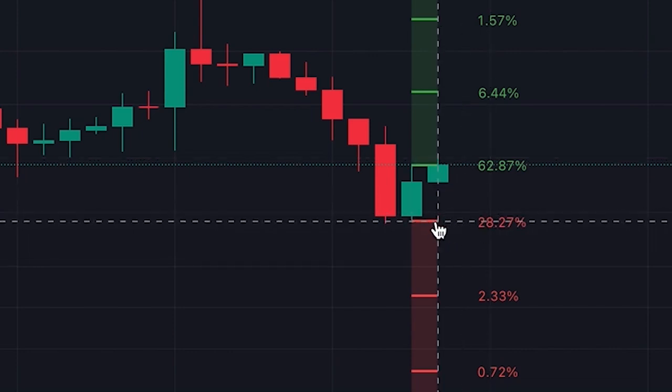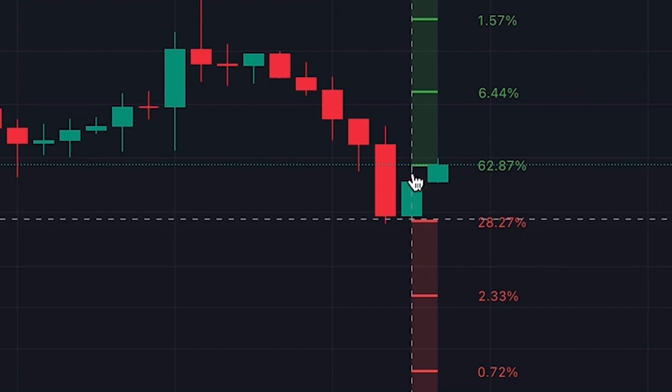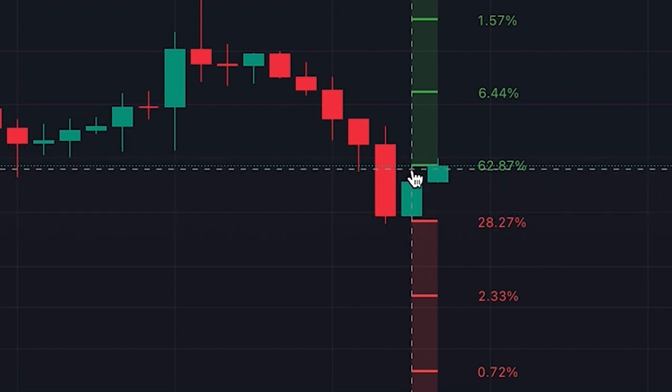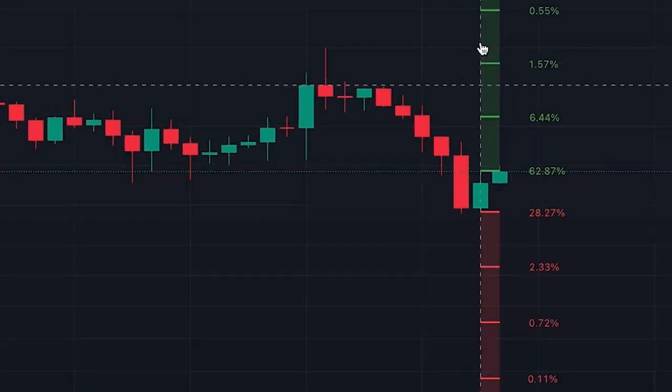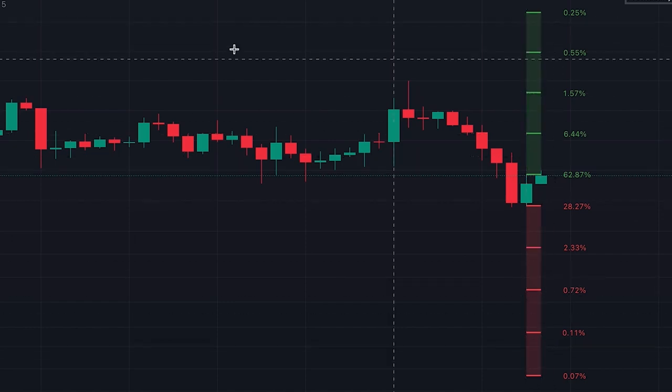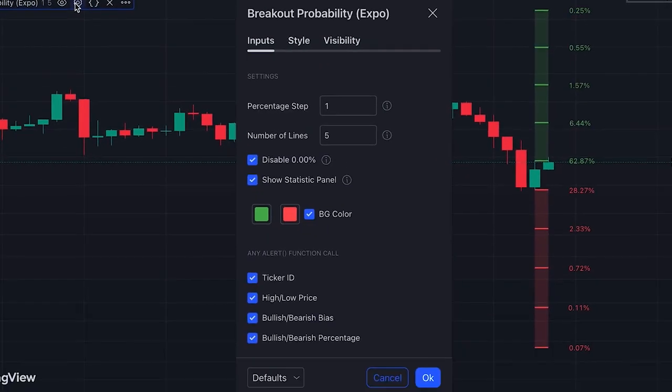Besides the probability of breakout for the previous candle low and high, this indicator also calculates the probability of hitting some other levels, as you can see. You can easily set them based on your preferences. For example, here you can define the number of lines that you want to display, and here the space between the lines. For example, by default it's set on 1%, so the levels are located 1% above or below the